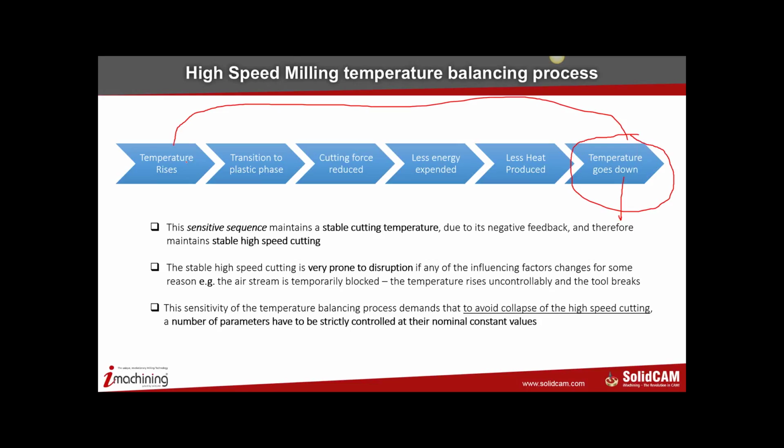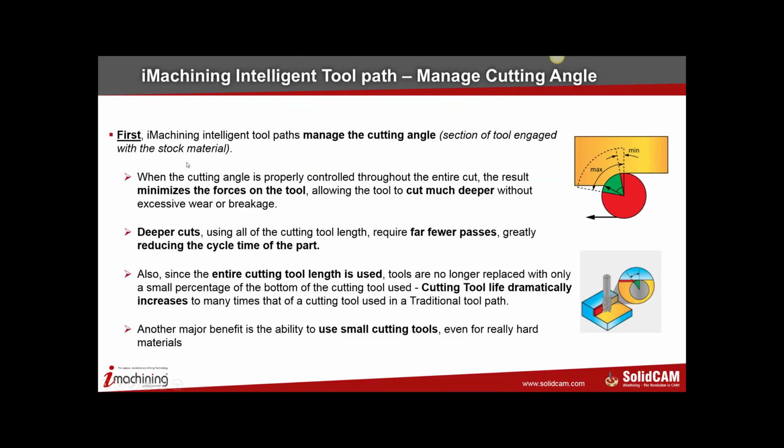How does this happen, or how does the force on the tool go down? We know very well that iMachining comes up with this unique ability to maintain cutting angles that vary from minimum to maximum. And as the cutting angle varies, iMachining intelligently varies the feed rate in order to maintain constant force on the tool. So if you actually look at any cutting that happens in iMachining, and this is actually a very good